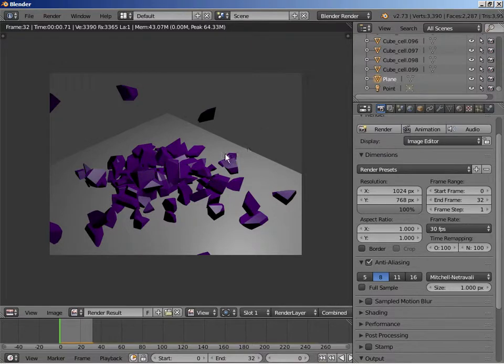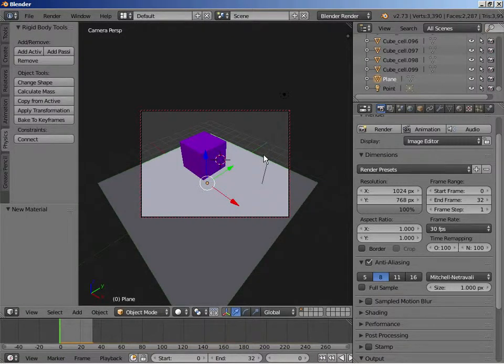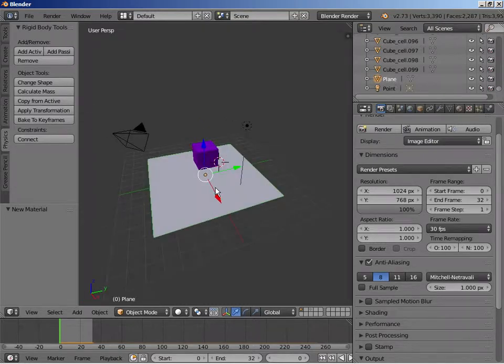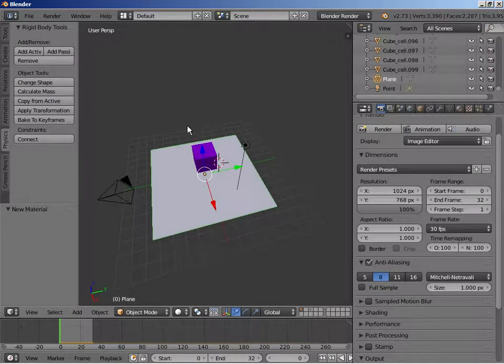I don't know whether I missed anything. Well, I guess I could move the camera for you guys, because I know that the person who suggested this probably wants to see how the camera moves. So